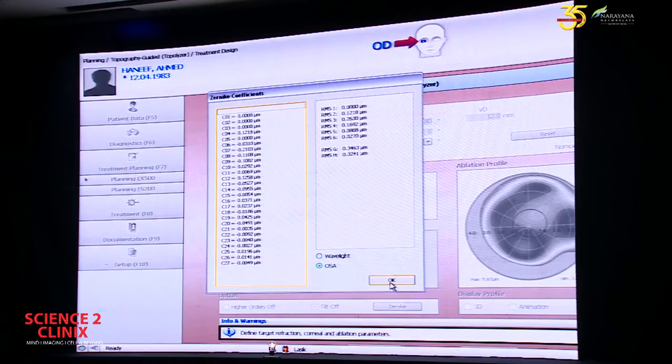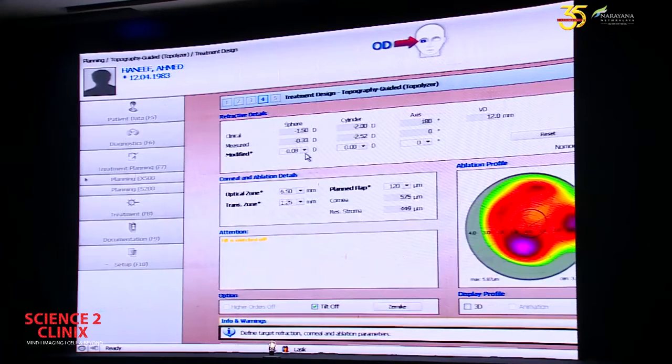Now we'll just go back to the modified refraction. So in the traditional Contura, we would just treat the clinical refraction along with the nomogram from the machine and the C4, C12. It's exactly the same. We've now made them equal. Initially the C4 was 0 and the C12 was 0.12. So now the C4 and the C12 have been compensated. So now I'll move on to the second approach.